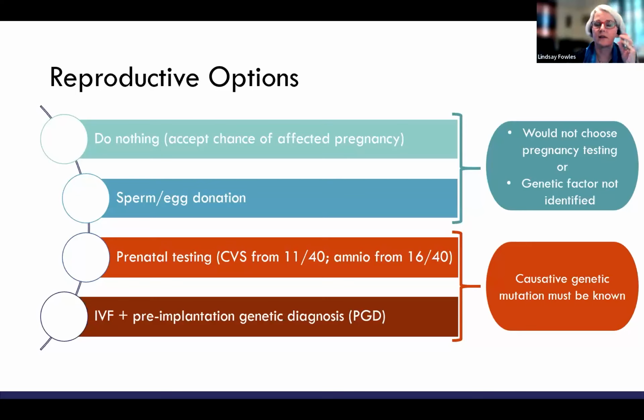And we need to remember too that making very active choices in pregnancy or for reproductive choice is very definitely not for everybody. And that's what genetic counsellors do. We provide you with the information. We tell you what is possible, and we help you explore what's important to you. What's your ethical position? What's your religious position? And then help you work out what is the best choice for you.